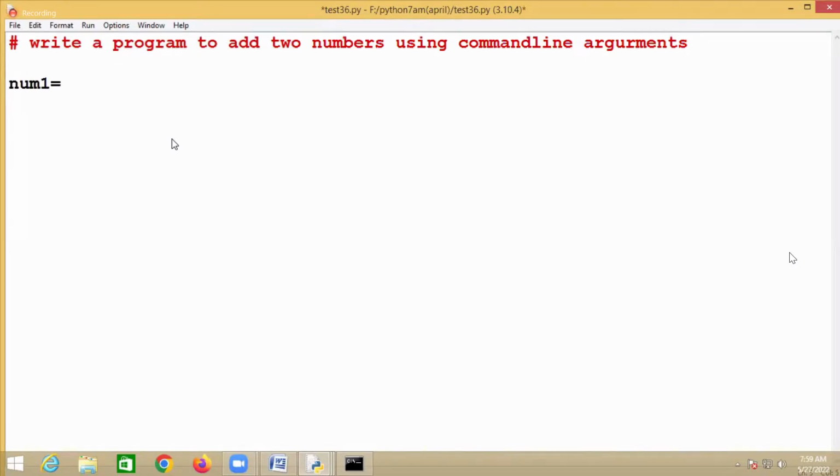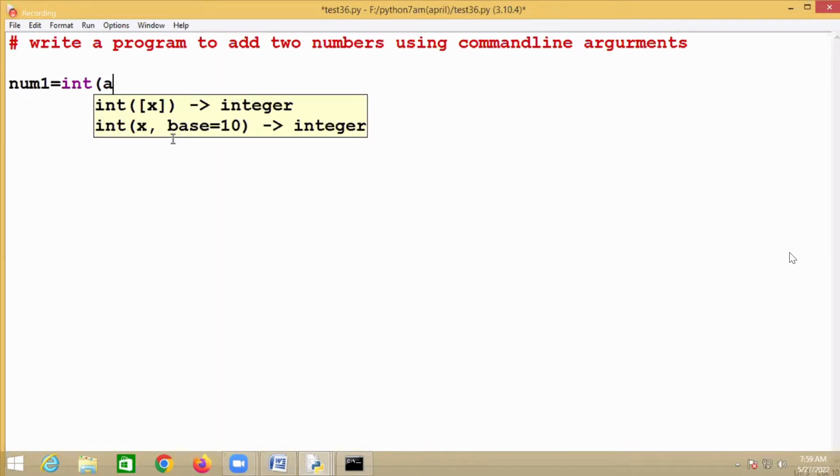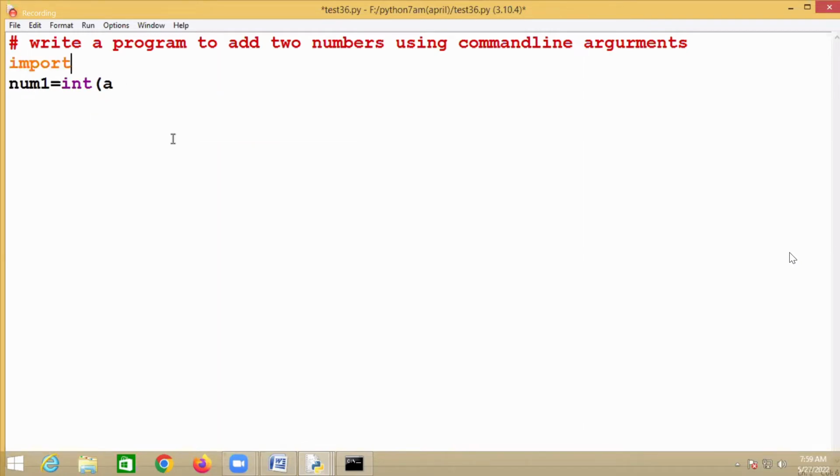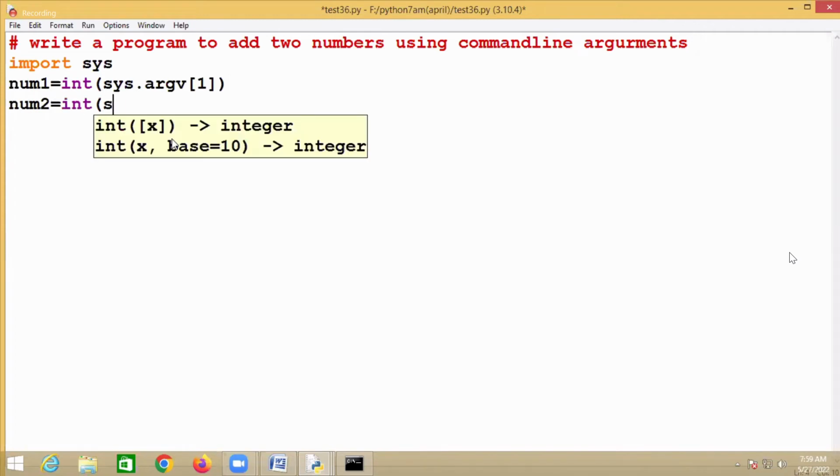Now you are giving input for number one using the input function or command line. Command line. So what I'm saying, integer of a import. I need to import which module? Sys module, and I'm saying sys dot argv. Argv is a predefined variable. Number two is equal to integer of